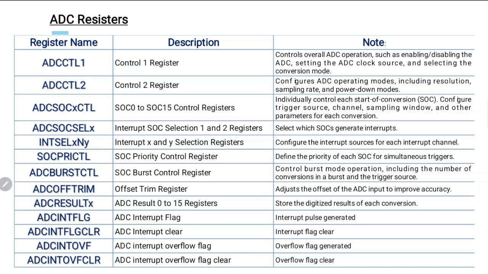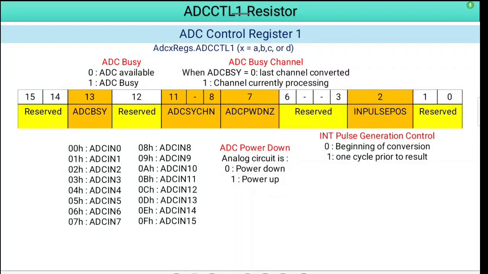So now we will look at each register in detail, and we will see how to configure the analog to digital converter for the LaunchPad. This is the first set of control registers, that is ADC control register 1, and it is shown that it is a 16-bit register